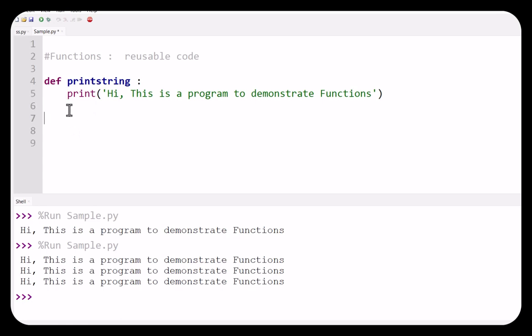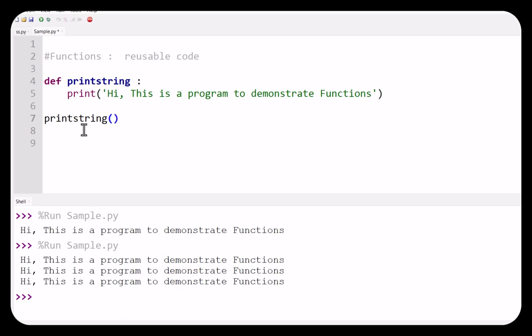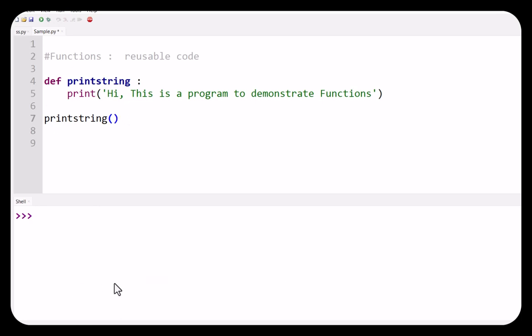Now in the main program, you just need to call that function. Whatever name you have written, you just use this name and the parenthesis like this, so that this function will be called. So let us see how this will work. If I run this program,